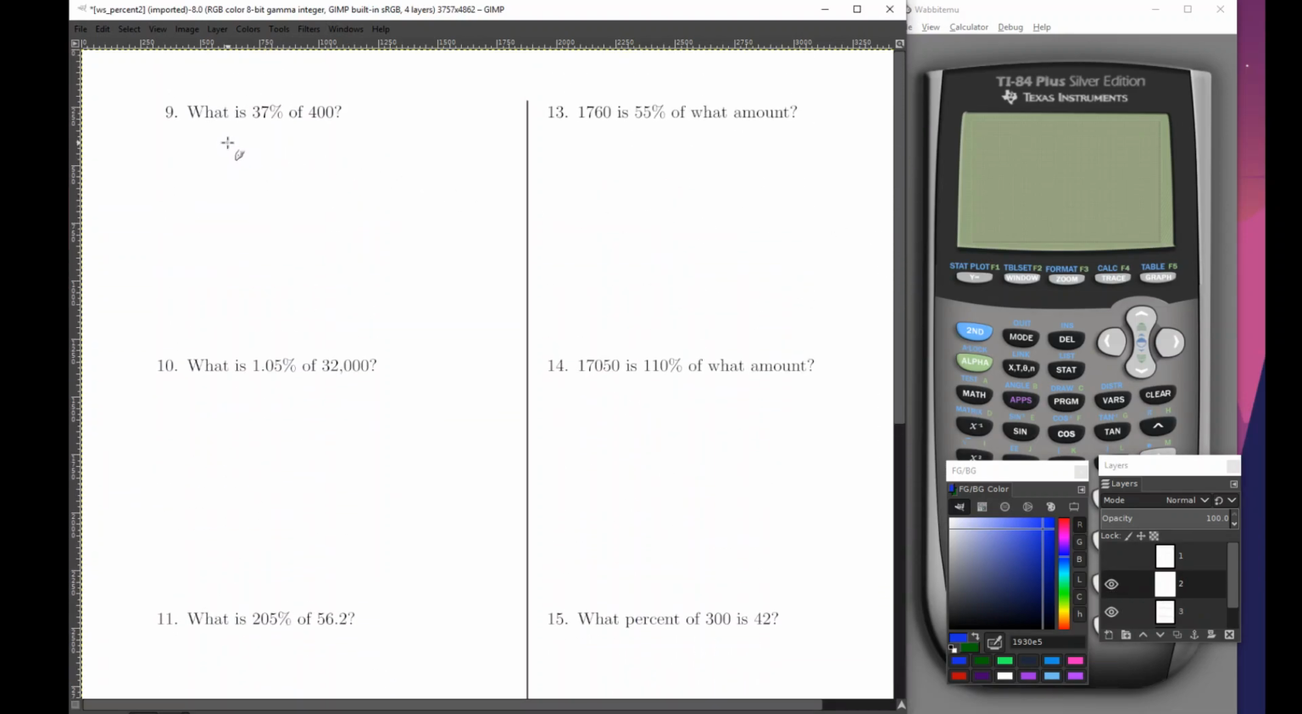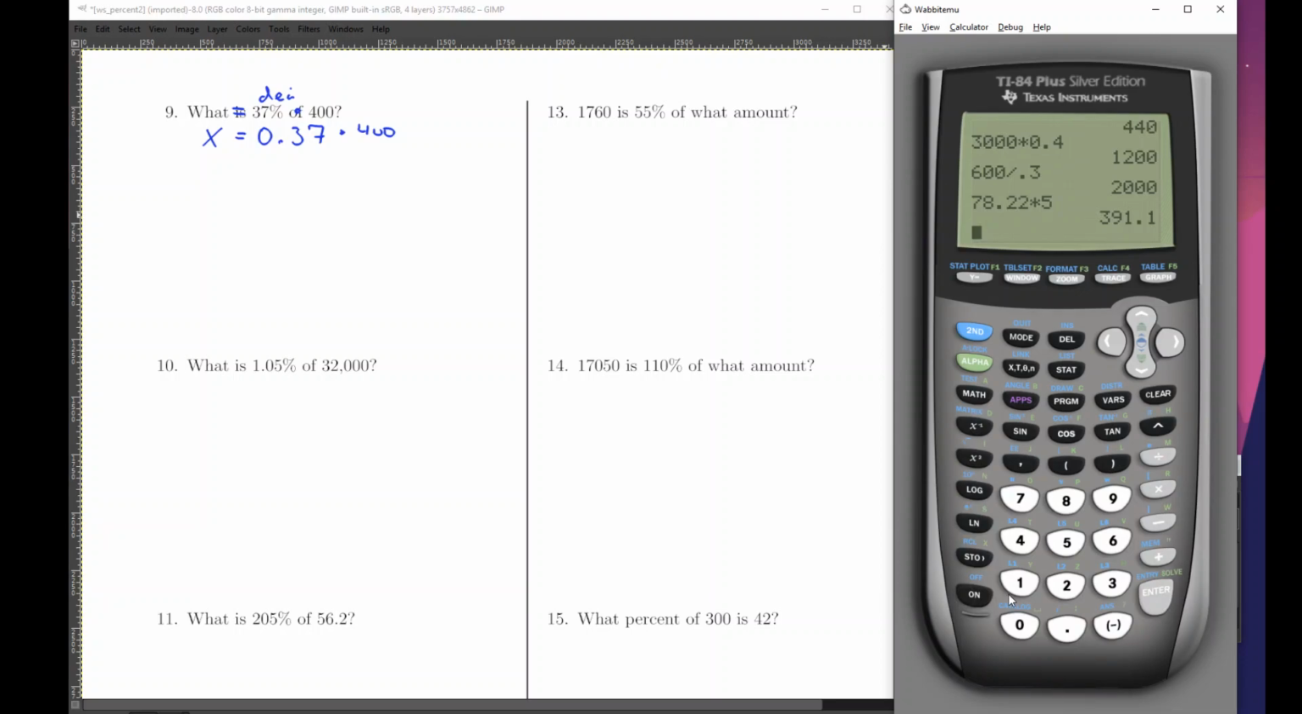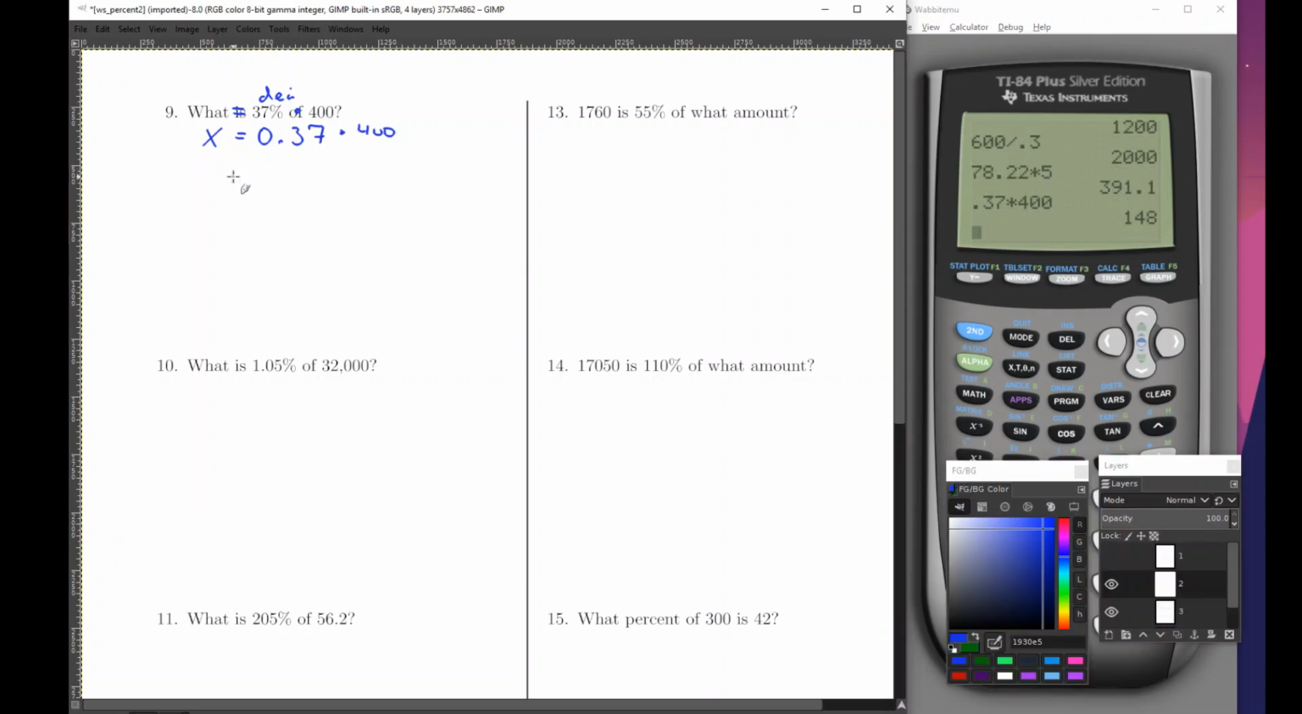Some nice simple percentage sentences. To start with, we're looking at what is 37% of 400. This translates into x equals 0.37 times 400. This is an equals, this is a times, and this becomes a decimal. So calculator, you're up. 0.37 times 400. 148. I'll leave this problem for you guys,